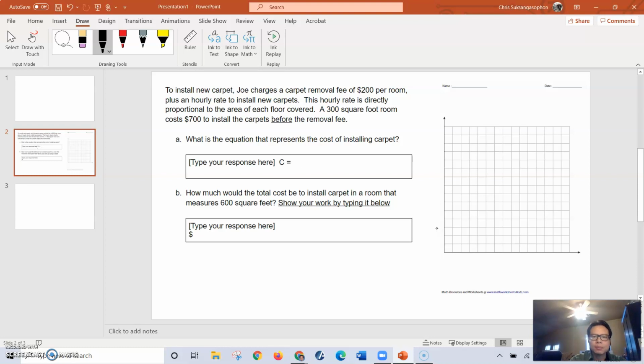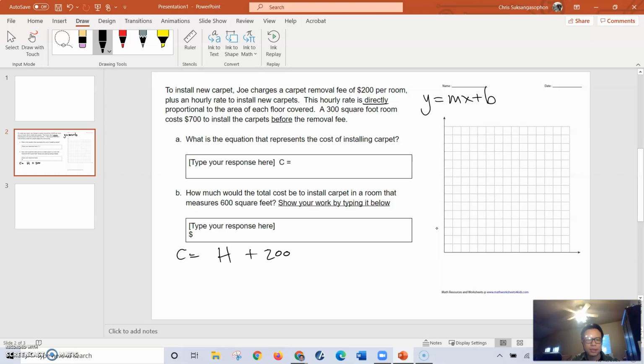Okay, so because of the words directly proportional, we're going to assume that we're going to be coming up with an equation that is similar to y equals mx plus b. Okay, so instead of y, it's going to be C equals something. Okay, so the cost is going to be the hourly rate plus the removal fee of $200. Okay, so no matter what size of the room it is, you're going to have to pay $200 to remove